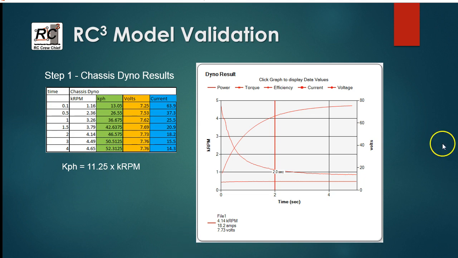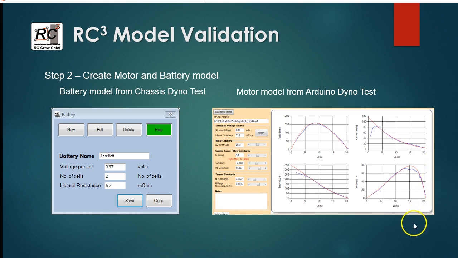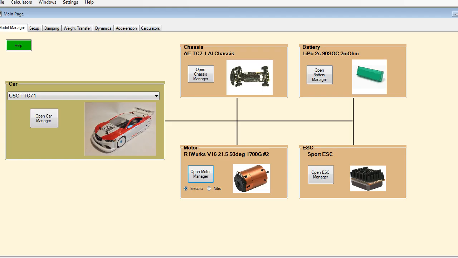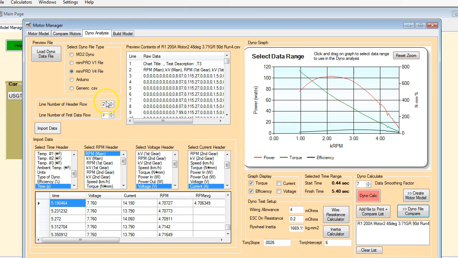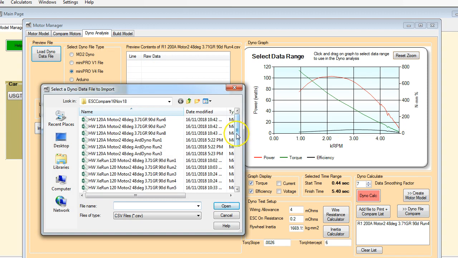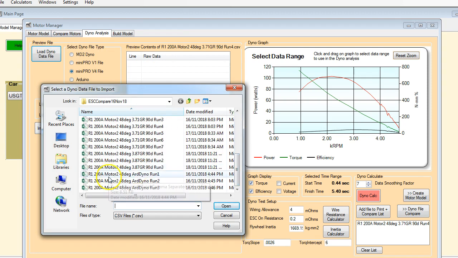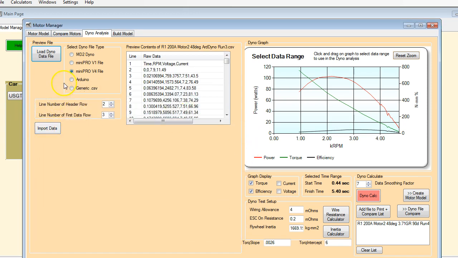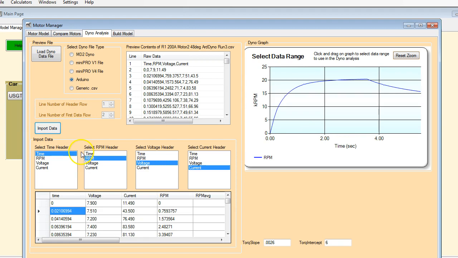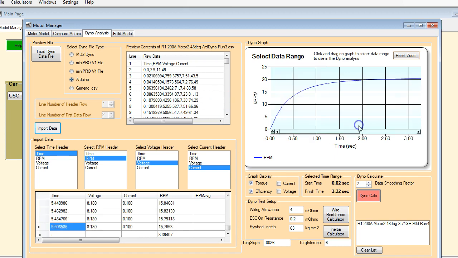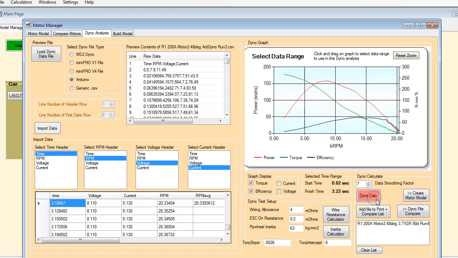So next up, we need to create some models. In RC Crew Chief again, what I do, in the manager, is load a file that we recorded using the same motor, same ESC. So I'm just going to open one of these up here, and I'm going to switch it to a different file format, and there's the RPM versus time for that run. So if we do a dyno analysis on that,